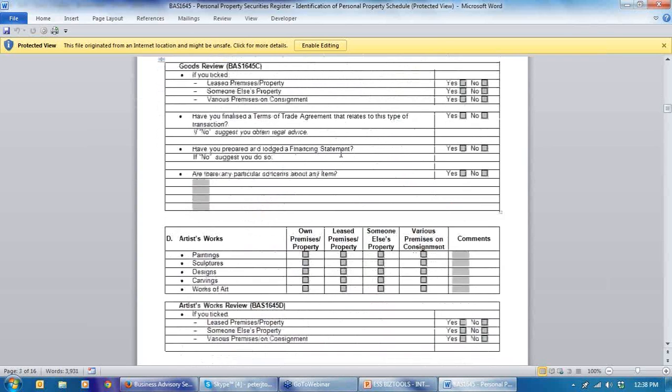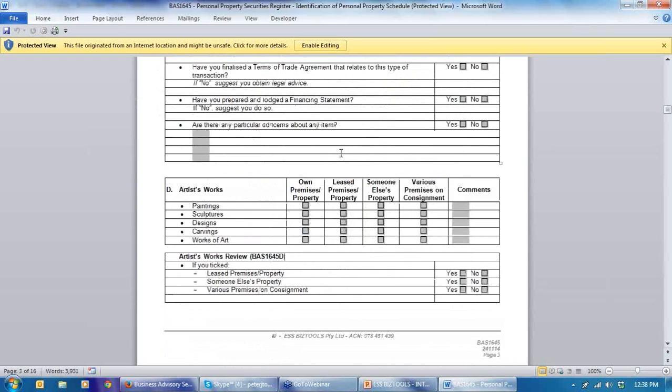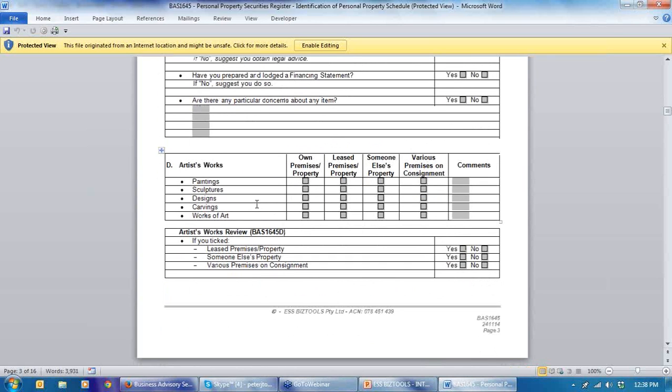We then go into artist works, paintings, sculptures, designs, works of art. Now, some of these assets might be owned by superannuation fund trustees. And as you know, according to the Taxation Office rules, super fund assets shouldn't be in the office or the premises or the home of the beneficiary of the super fund. So where are they? Rare coins, rare carpets. Where are they stored? And if they're stored in someone else's premises, which by definition they basically have to be,